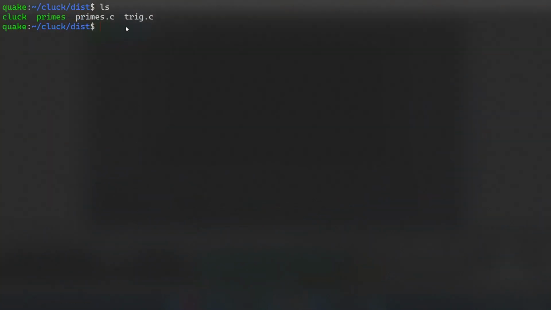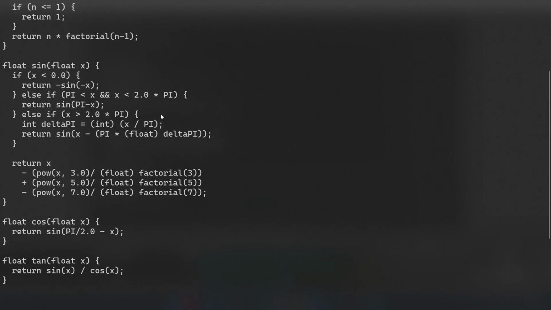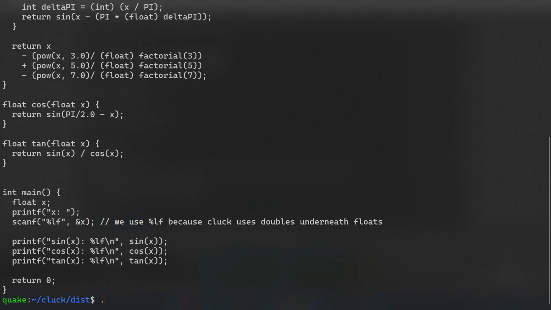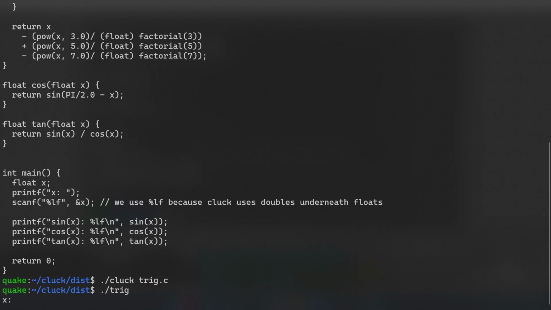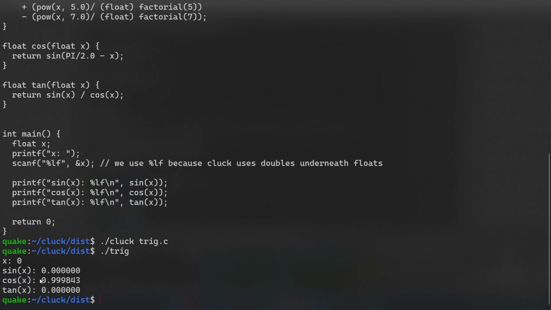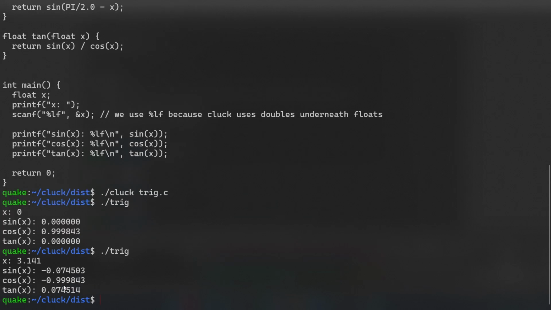So the second program we have here, trig.c, is simply an approximation of the sine, cos, and tan functions using the Maclaurin series. And so what this is going to do, if I compile it right here, it's going to prompt us to enter the value of x in radians. So if I enter 0, it's going to give us an approximation of sine, cos, and tan. So as you can see here, 0, 1, and 0, that sounds about right. If I run it again and enter a value close to pi, it's going to give approximately 0, approximately 1,